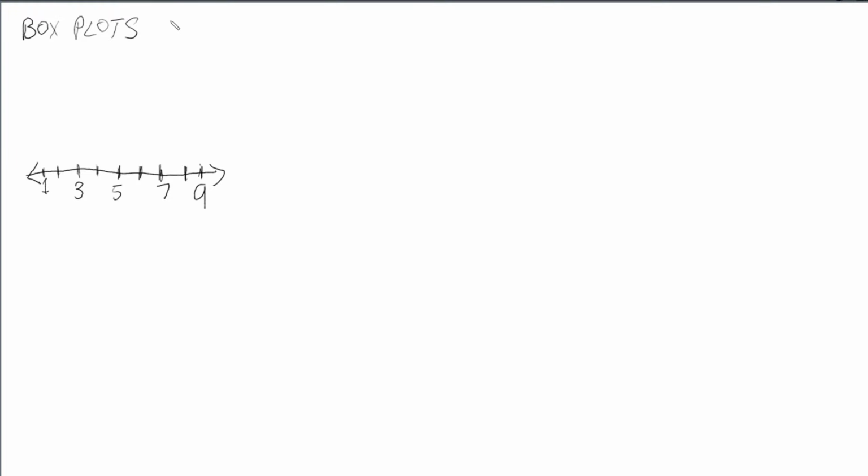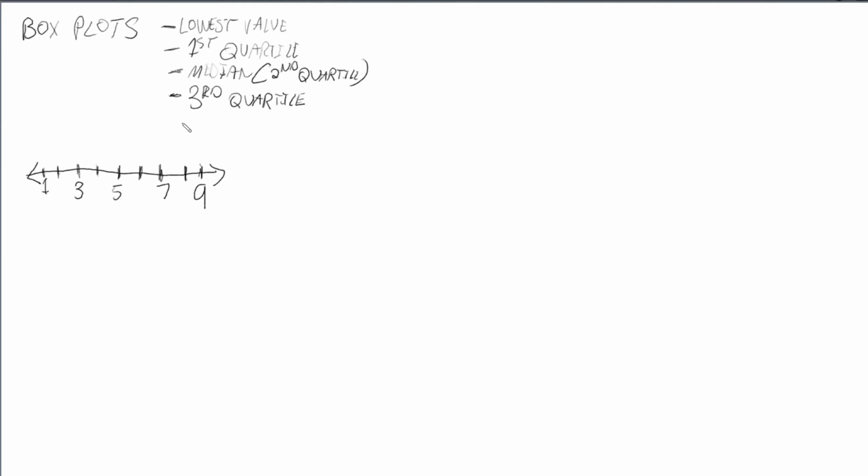Your box plot is going to demonstrate several key elements. It's going to tell you what the lowest value of the data set is. It's going to tell you what the first quartile is. Your median, often called the second quartile. Your third quartile. And lastly, your highest value. To demonstrate this, let's say we're going to do scoops of ice cream once more, because who doesn't love ice cream? Let's say our lowest value is going to be 1, highest value is going to be 8, then your data, let's just say